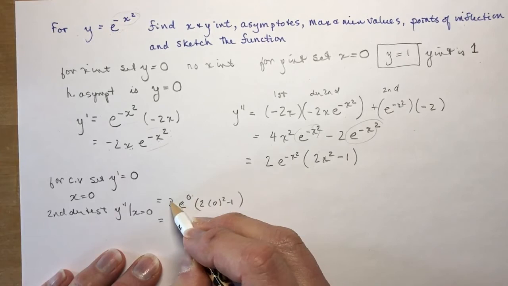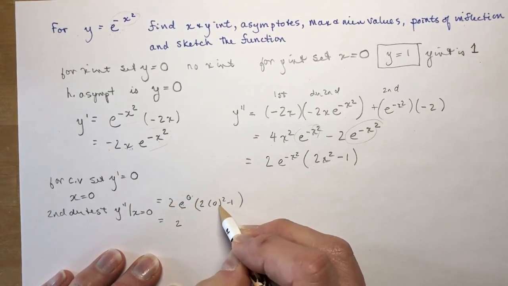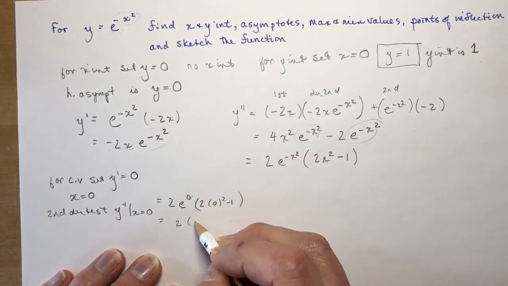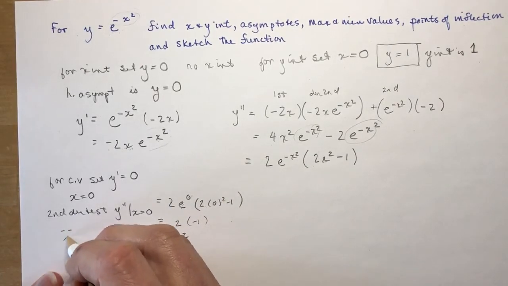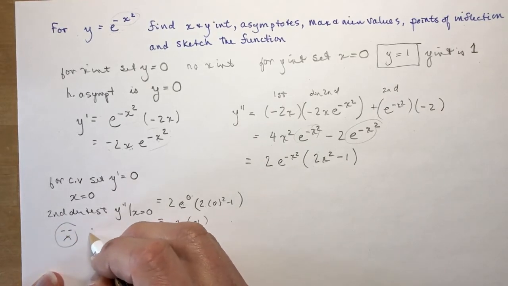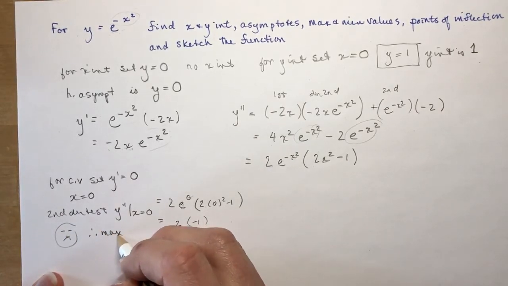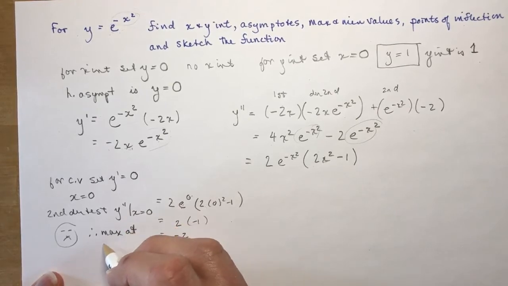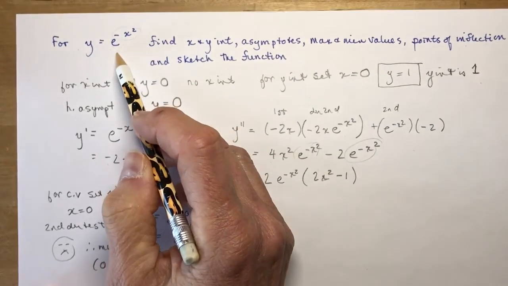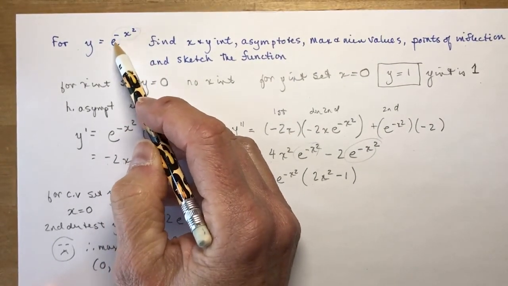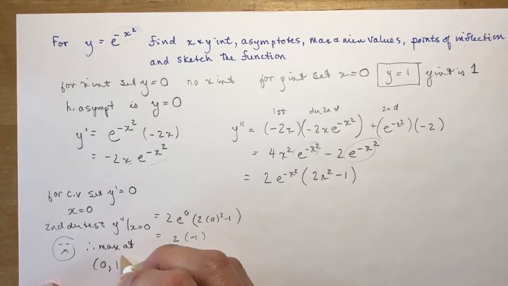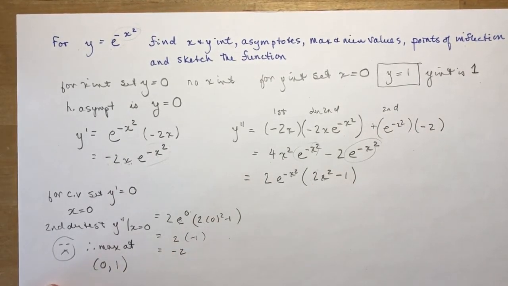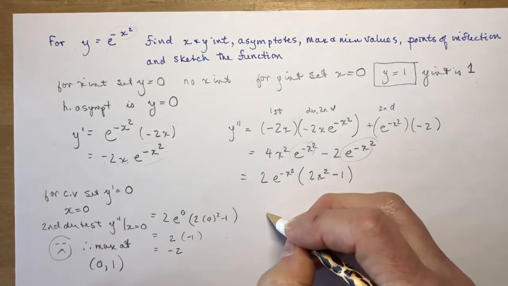Okay, so this is going to give you 1, this is going to give you 2, and this is going to give you negative 1, which is going to make my second derivative negative. So if it's negative, then you have a maximum at 0. And I need to know the y-coordinate, so go back up to the original function, and e to the 0, anything raised to the 0 is 1. Okay, so now for points of inflection,